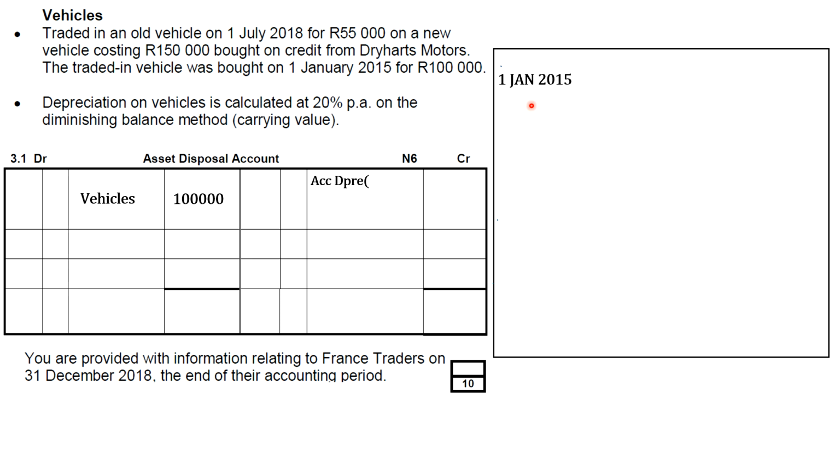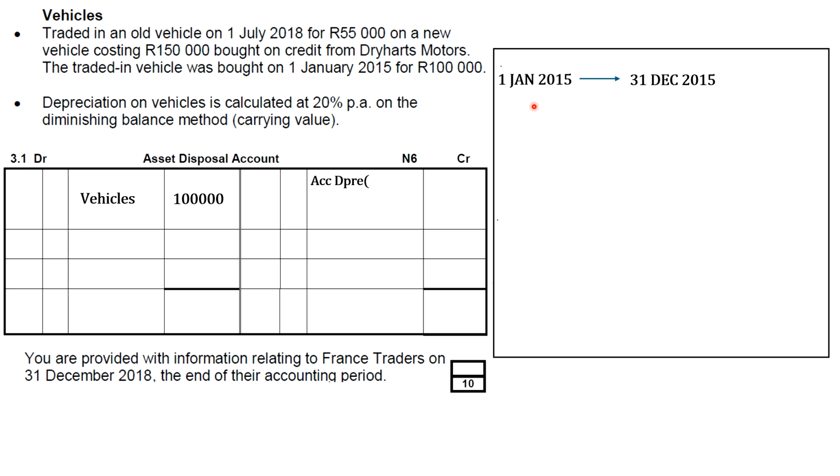Now we need to calculate depreciation for all the years from 1 January until when we sold our asset, when we traded in our vehicle. So we need to calculate depreciation for 2015, 2016, 2017 until 2018. If our year started on 1 January 2015, that means it ended on 31 December 2015. That one was pretty simple. So for this year of 1 January 2015 to 31 December, we want to calculate our depreciation.